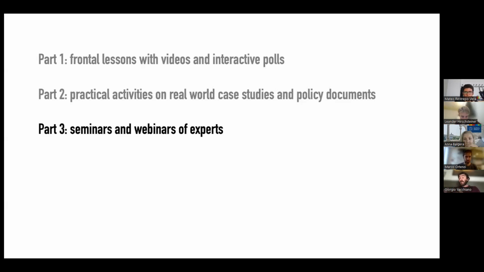Then we move to meet someone that already works in this environment. So we have seminars or webinars involving experts from different parts of the world that meet students and tell them about the challenges of this job, of the job of restoring and sustainably managing forests. And then finally, we have 3 or 4 in-course assignments, which become a part of the final assessment of the